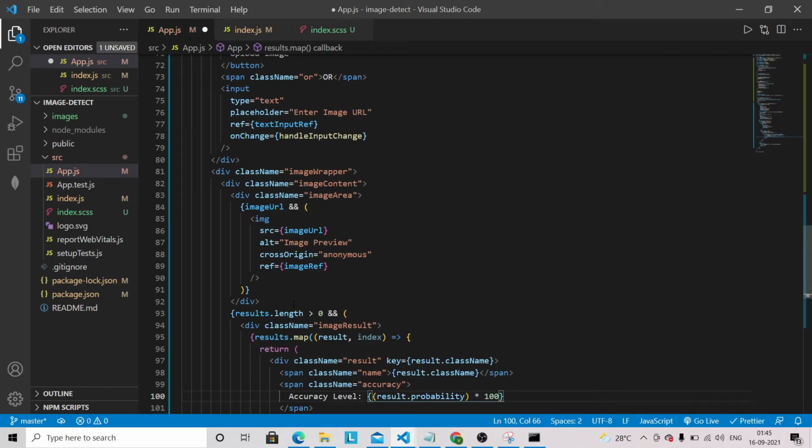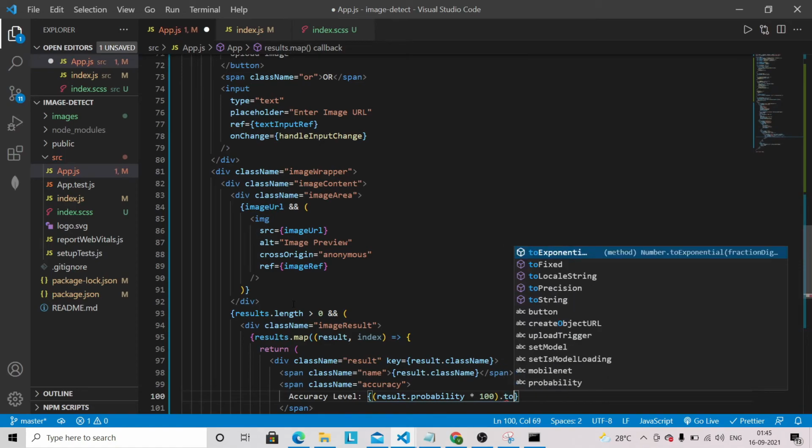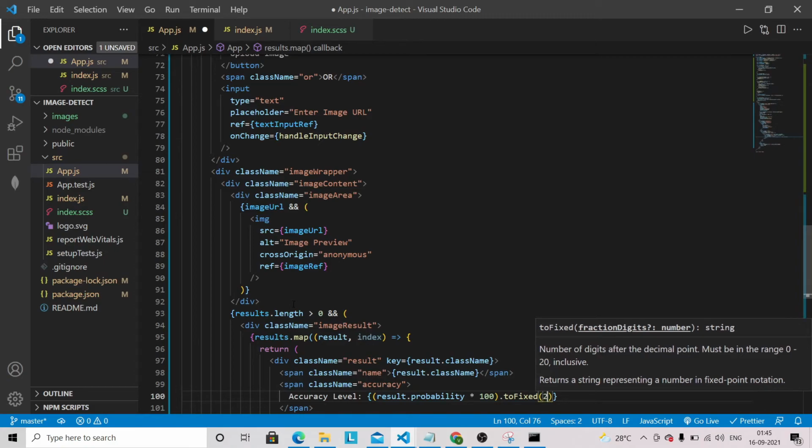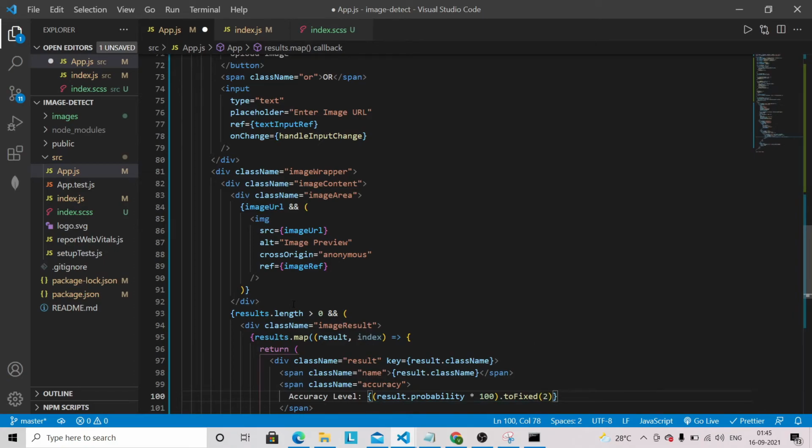We are going to multiply with 100 here, and let's remove this bracket, it will be here only, and we are going to use the toFixed method, and this will be the percentage.